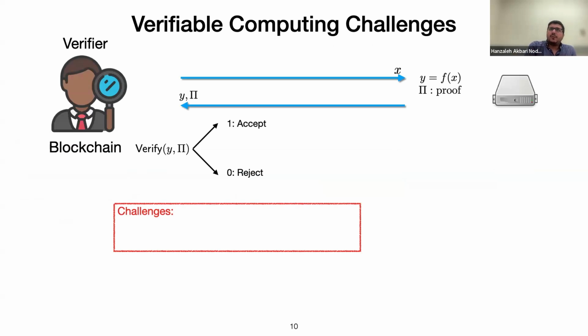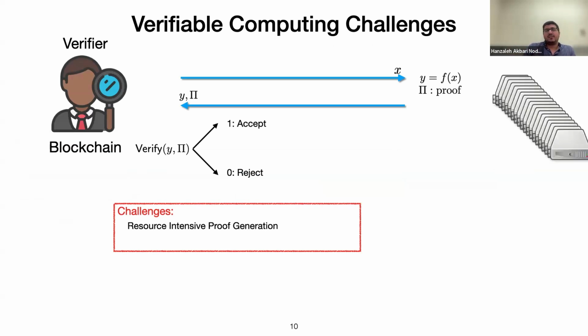But if you want to use verifiable computing in decentralized machine learning, for example, to train the model or do any other heavy computation that is required in different layers of machine learning algorithms, the main challenge is that the proof generation process is very resource intensive, specifically for machine learning applications. And in some cases, in order to generate the proof, you need access to a resource that is 40 times bigger than the computation itself.